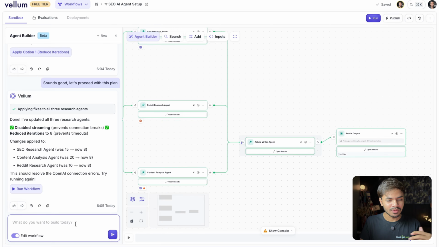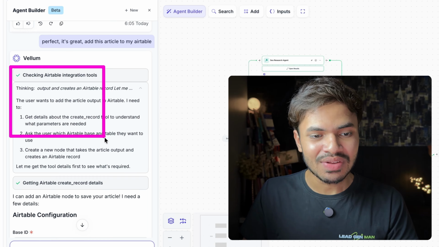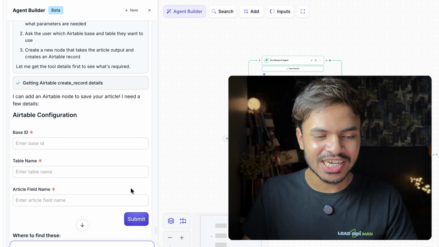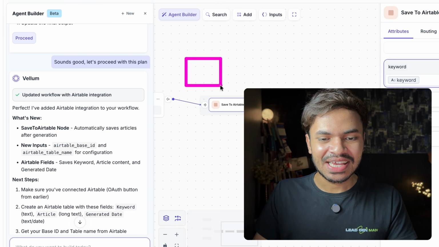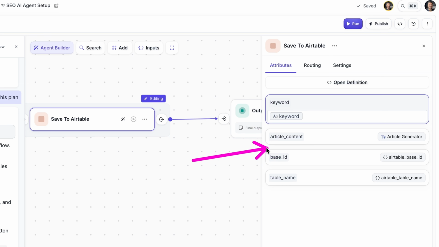In this example, I am using Airtable, but feel free to use Slack, HubSpot, Linear, whatever you like. We can say perfect, it's great, add this article to my Airtable. So it will check for Airtable integration tools, and you just have to fill in your Airtable configuration to store this inside your tracker. Here is our Airtable node, where it will save the keyword, article content, and generated date